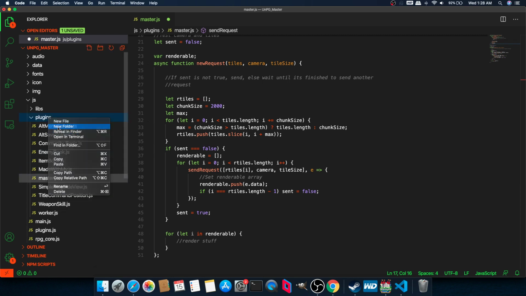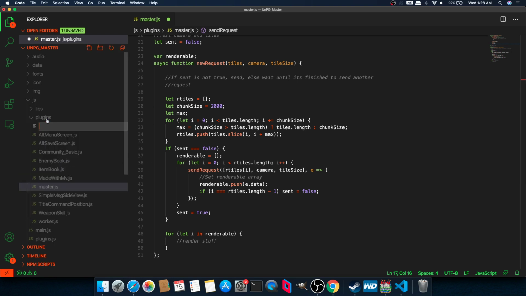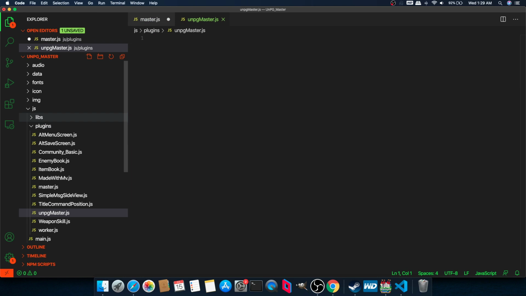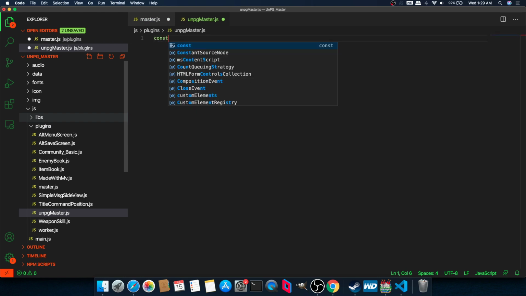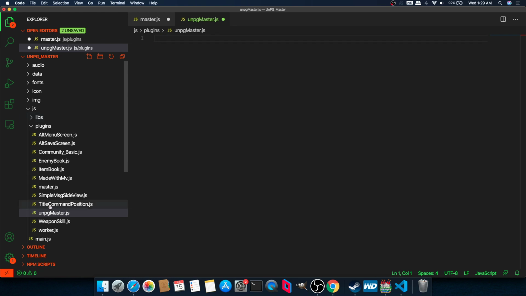Alright, so now we're just going to need UnPG master.js. Const, and then we're going to do... Wait a minute, no, I can't do it that way because then we would have to... I can do it this way though. Oops. Doesn't need to be asynchronous. Actually, it'd be bad if it was asynchronous right in this spot. Because I want to make it cross-compatible with browsers, we're not going to be using require or anything Node.js specific. So what we're going to do,